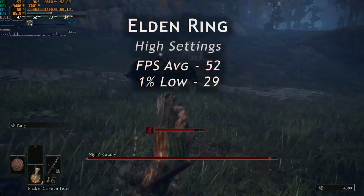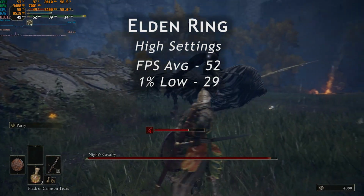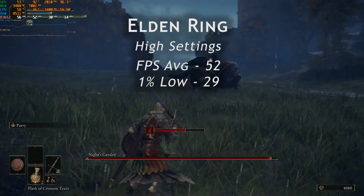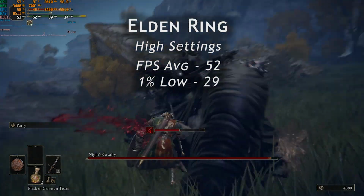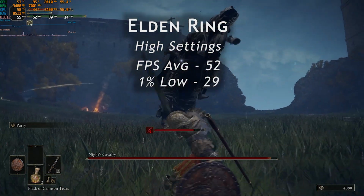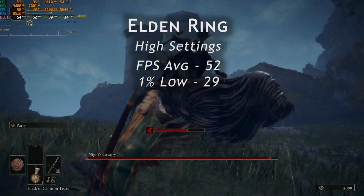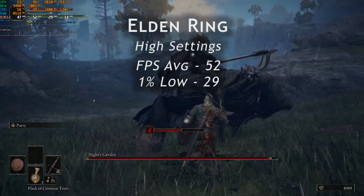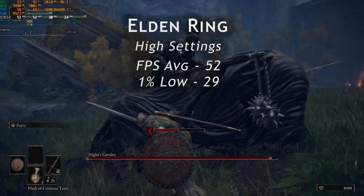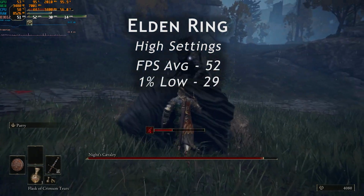Now on to Elden Ring on high settings. We see an average of 52 FPS with 29 FPS 1% lows while fighting one of the Knight's Cavalry bosses in the rain. This might not be a super demanding area, but Elden Ring in itself is very demanding, and it recommends a GTX 1070 if you're wanting to target 60 FPS at 1080p. So performance is close to what you should expect, and 60 FPS is definitely attainable if we drop some of